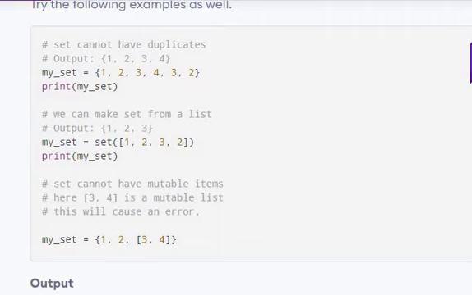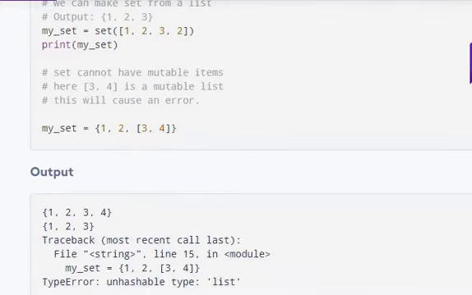A list is mutable, so we cannot have a list as an item in a set. So once we try to create a set with the mutable list, you get an error, a TypeError.